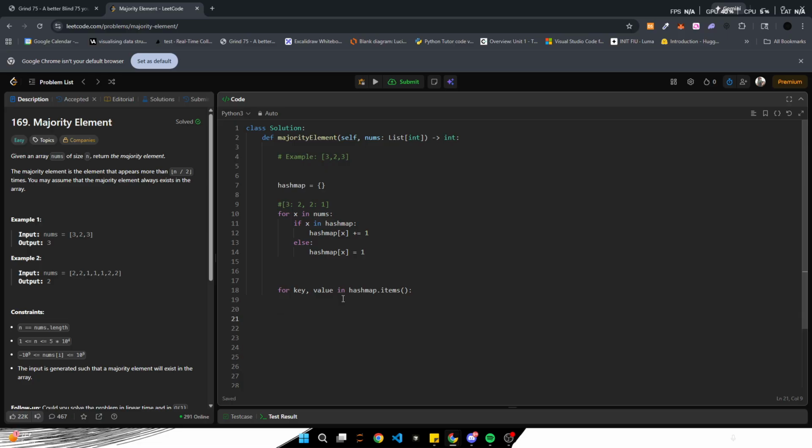And the way that we get access to all this is by doing, instead of just in hash map like this, we do in hash map dot items. And this function dot items is what allows us to grab every single value. So now we're able to grab the key and value in each single section of the hash map. This gives us more wiggle room to actually create that statement that we want to do, right? So what we need to do